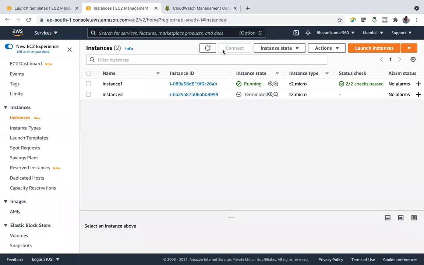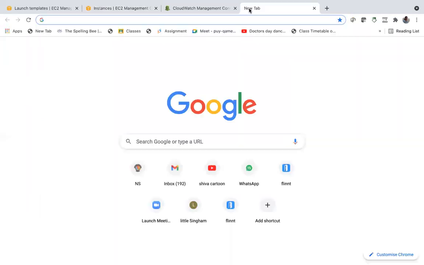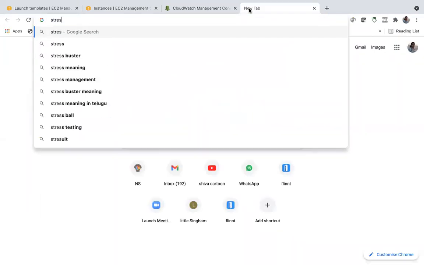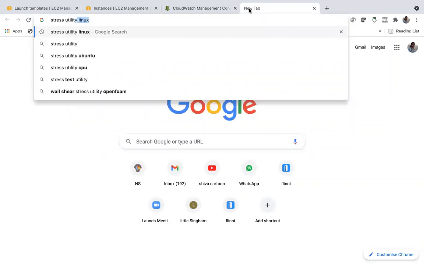When you induce more traffic, your CPU utilization will get increased. There is a tool called stress. You can use that stress. And also there is another tool, I'll let you know, related to REST APIs. You can send lots of APIs to your EC2 instance, and there is a stress tool for Linux instances to test the network performance, etc. People will use this tool called stress. We can use that stress utility on Linux EC2.